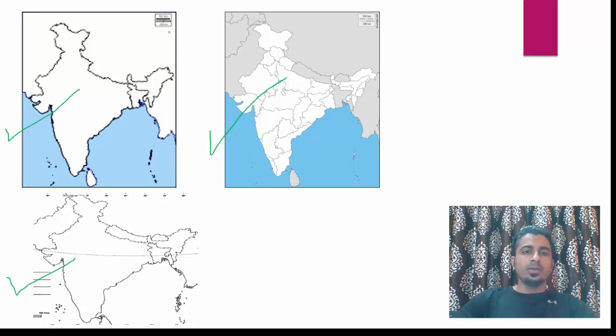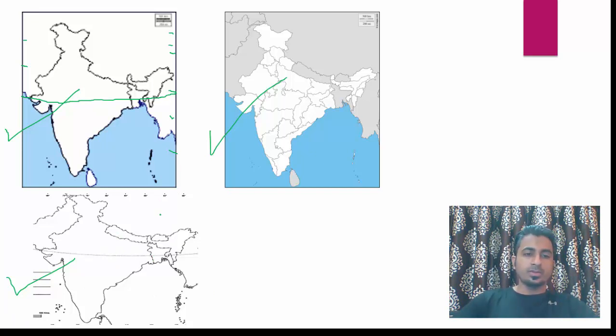In this map, they have not given the latitudes. So few latitudes are given so that people get an idea about the location, and also the Tropic of Cancer, which passes through Gujarat. It passes through 8 states in India. Okay, so your homework is you will tell in the comment section Tropic of Cancer passes through how many states and which are those states. Okay, so this map is the ideal map for practice.